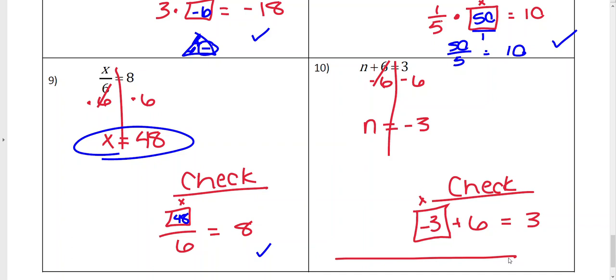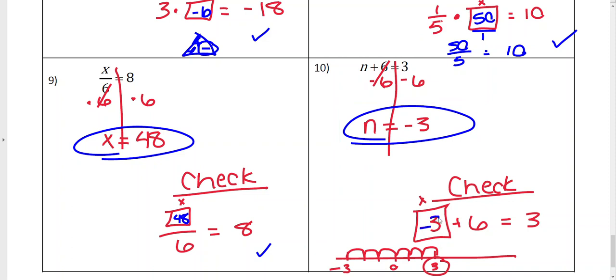Because if I'm at negative 3 on the number line, and I add 6, 1, 2, 3, 4, 5, 6, that's going to be negative 3, negative 2, negative 1. That's 0, 1, 2, 3. So that's how I know the answer should be 3. So make sure you're checking your signs especially so that you know you didn't make a mistake, and double check your check steps. Please let your teacher know if you're